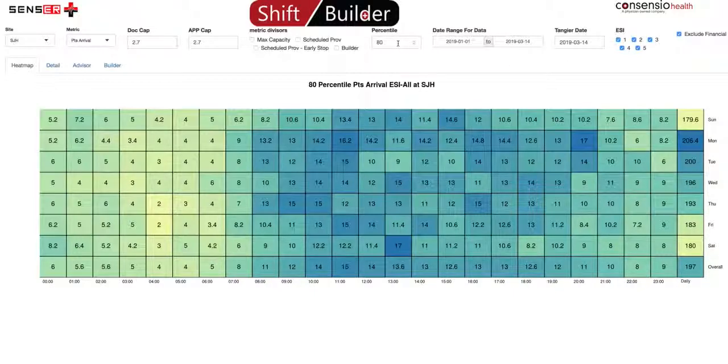Here we pick the percentile. So the data we're seeing in this heat map represents the 80th percentile of the distribution of patient arrivals. So let's pick a specific example here. Say Wednesday at 2 p.m. at this particular site, the 80th percentile of patient arrivals from the distribution is 13 patients. Easy enough. We use this heat map to look at aggregate data by hour of day, day of week, and